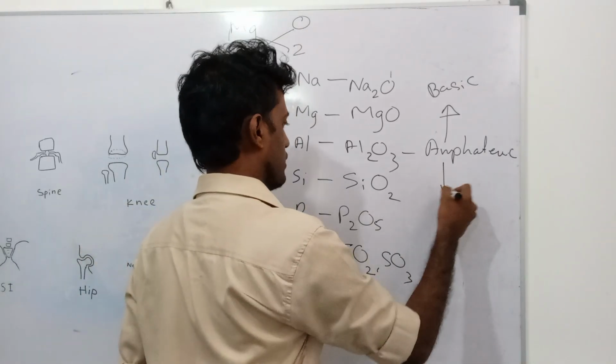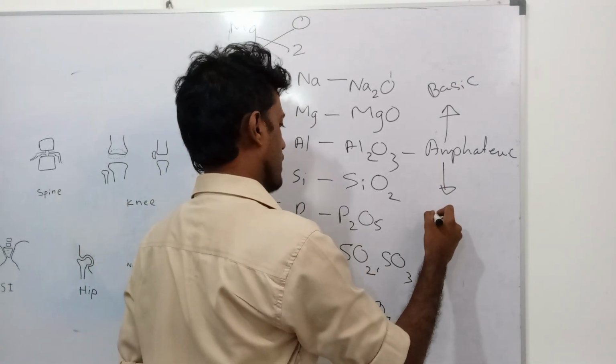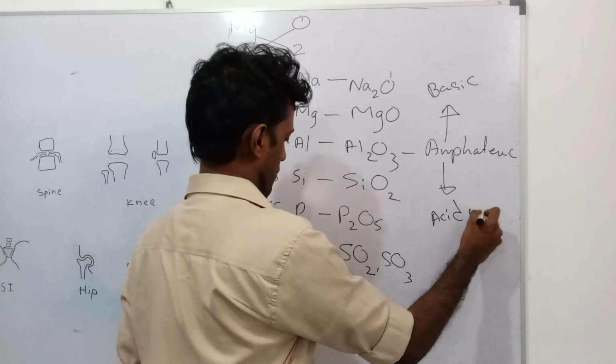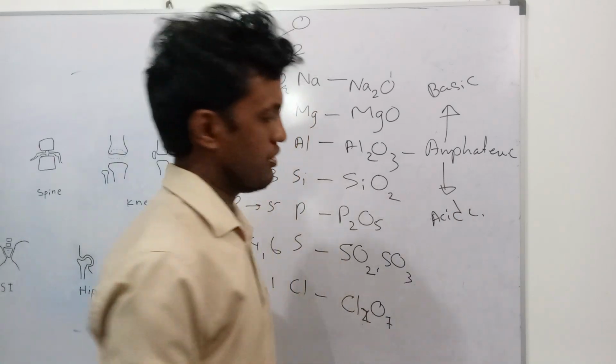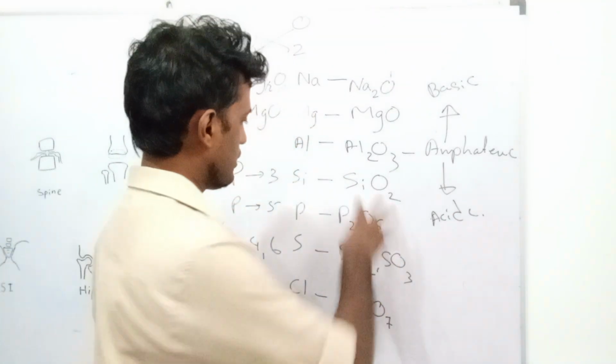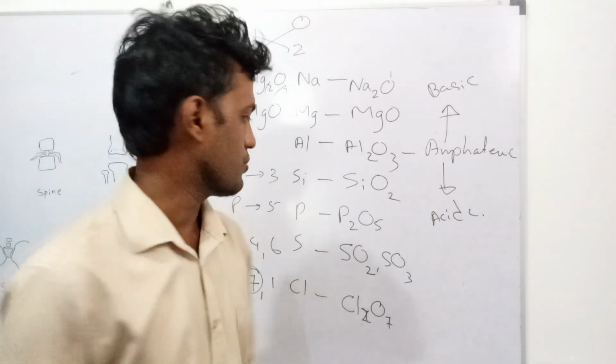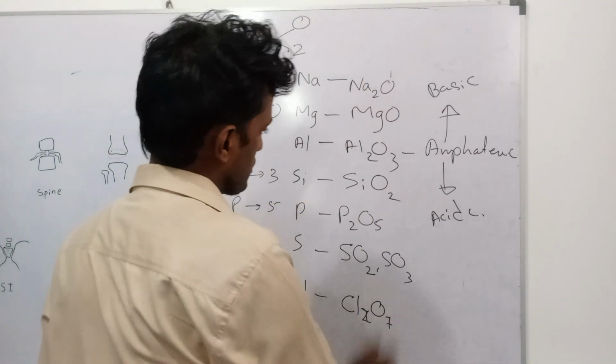So here these are acidic, right? Acidic. SO2 and Cl2O7 are highly acidic. Here weakly acidic: SiO2, P2O5. So these oxides